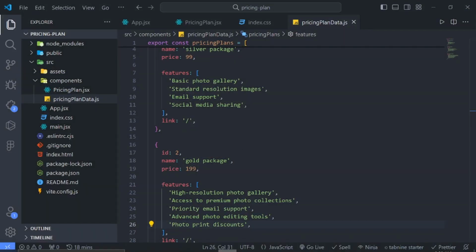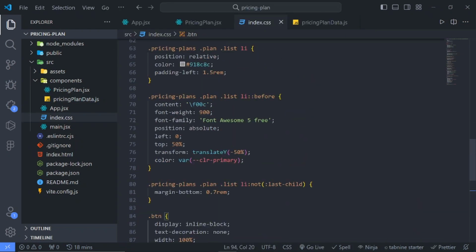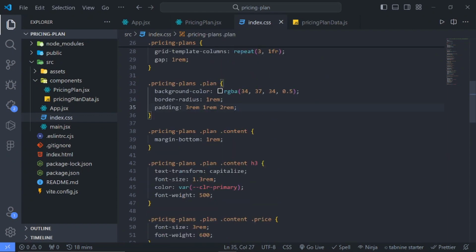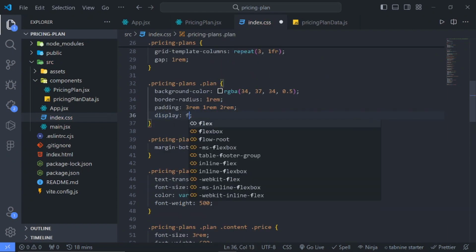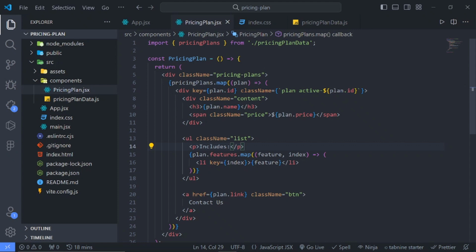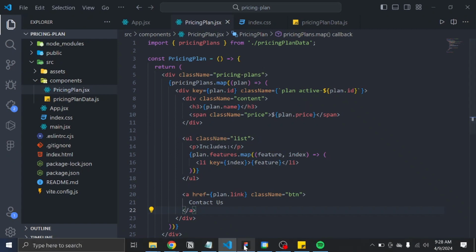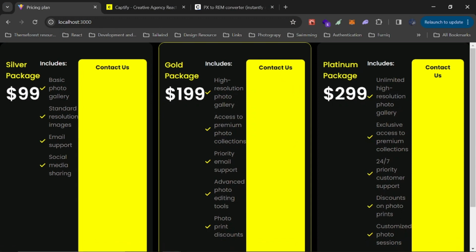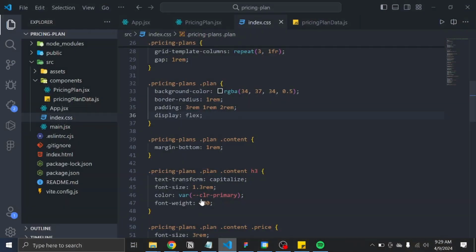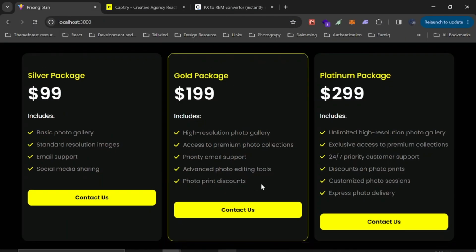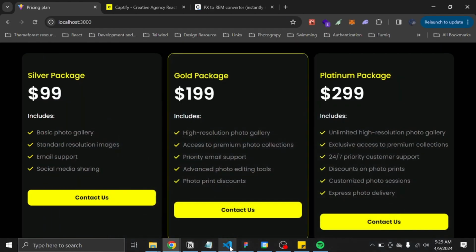So all we need to do is to go back to our CSS and go back to the plan, this plan right here. I also need to add a display flex. So this is what I mean. For each of the plans, we're adding display flex to this, which stacks everything side by side. So if we take a look at it now, let's go back to the CSS first. You can see it's stacking side by side. So now we need to add the flex direction of column. Right now nothing is still working, but what we did